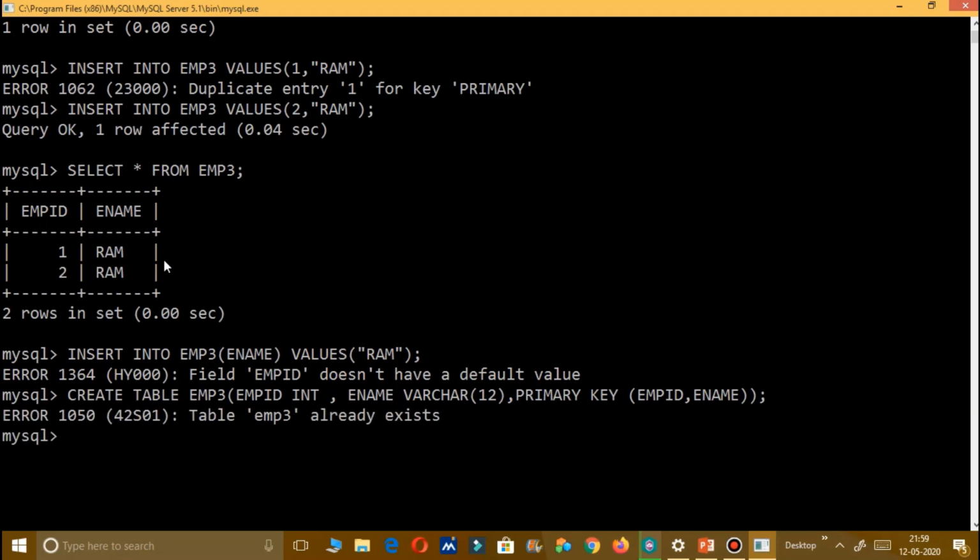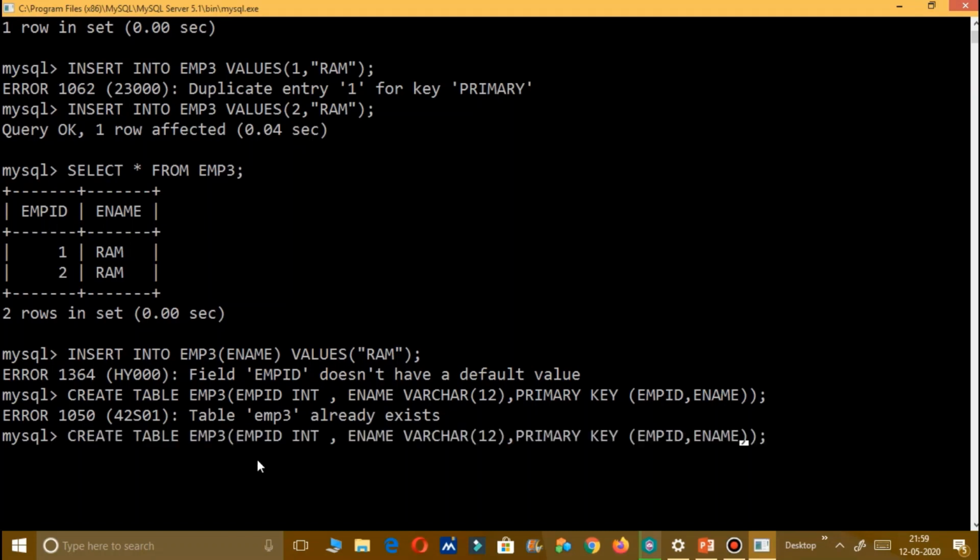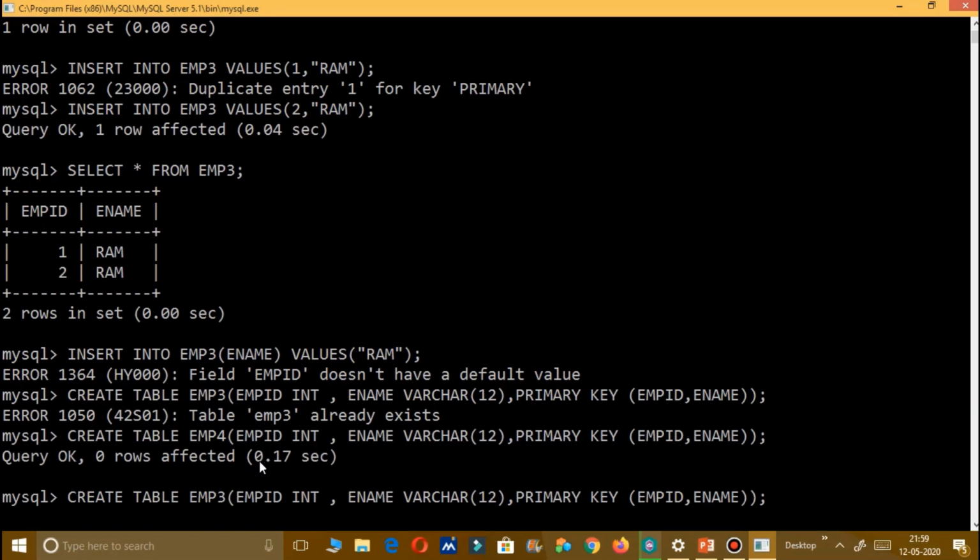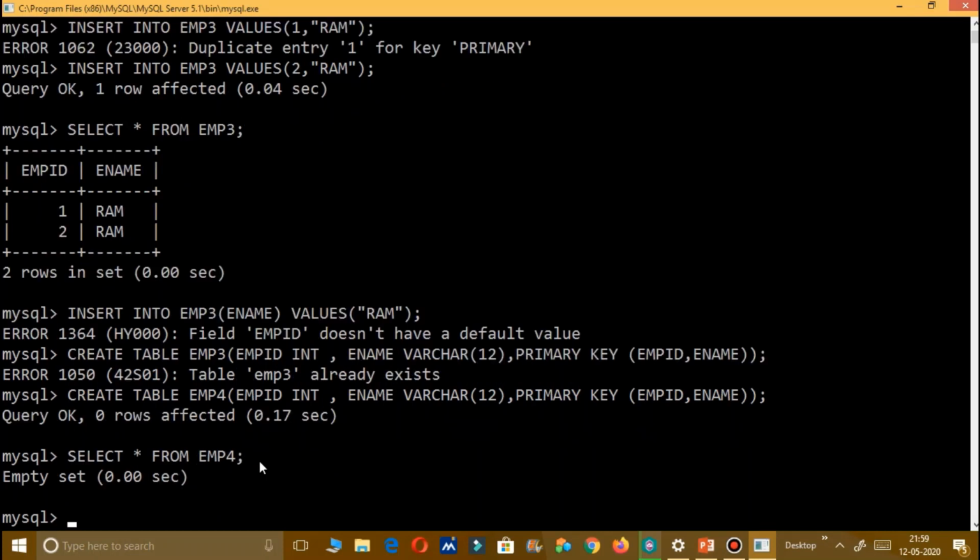Okay, emp3 already exists, so I need to change this name because I'm going to create a new table now, so it should have a different name. I just want to see whether this table has been created. Why is it saying empty set? Because I have not inserted any value into it.